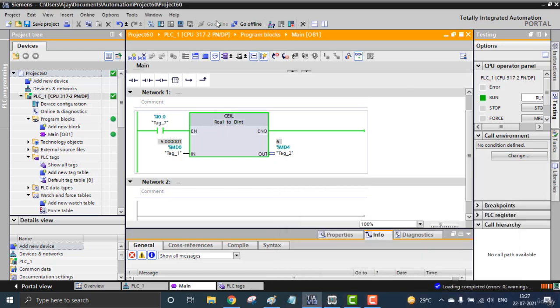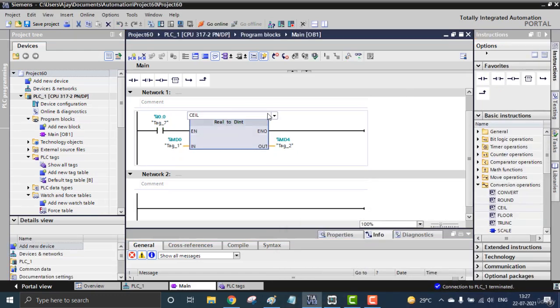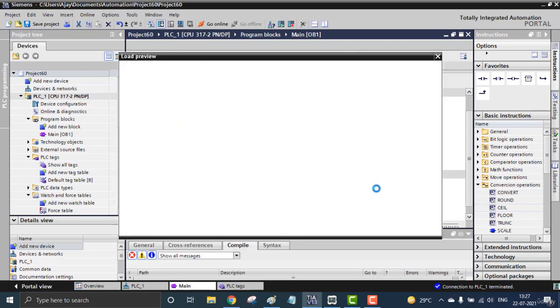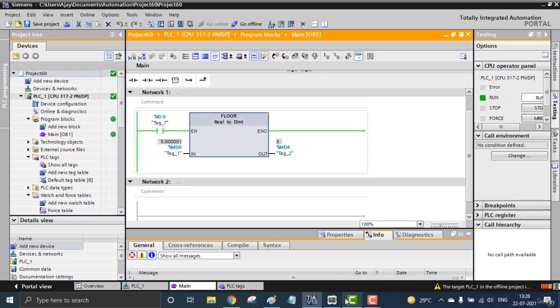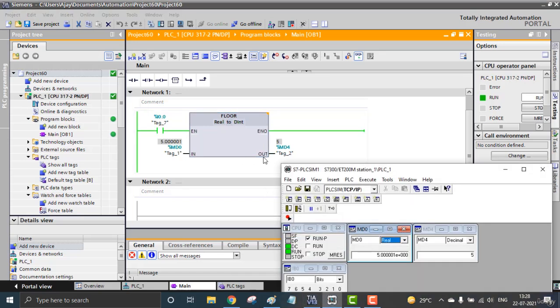That is a ceil. And we can go to the floor, and I am making it floor and run. Let's see what the floor is. Floor is the exact opposite of the ceil. That means even if the input has 0.999 or any large point value, it holds the same integer value. That is flooring. It keeps the value down. So I'm using 5.999. Even though it's almost 6, we're getting only 5. That is the floor instruction.